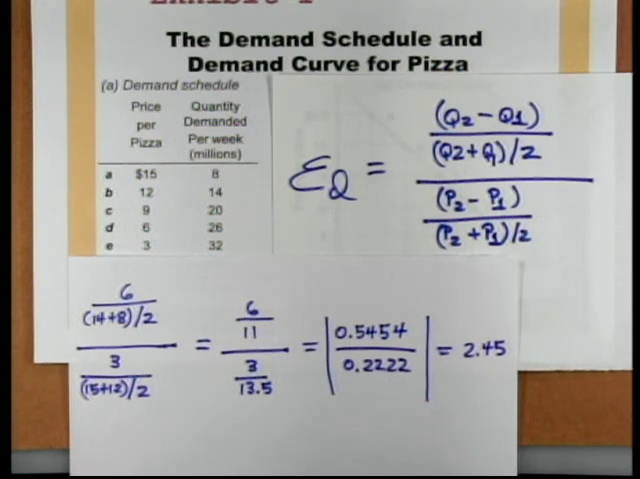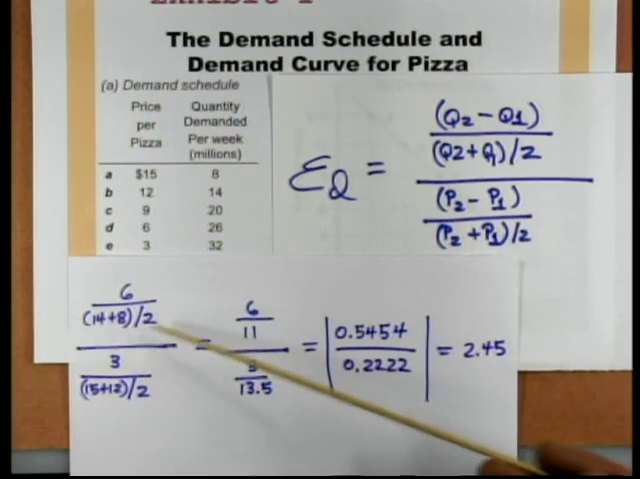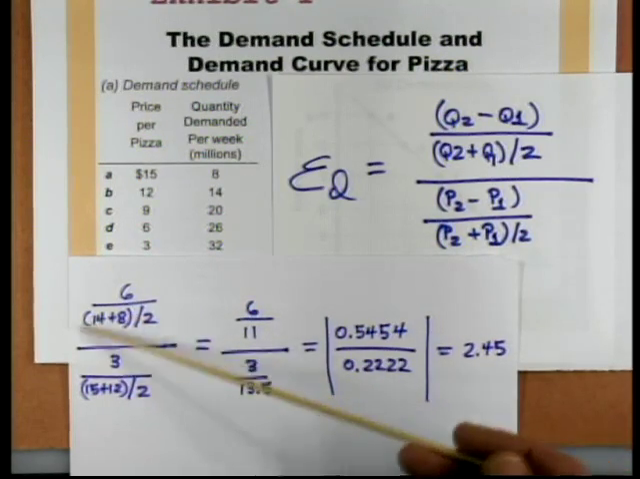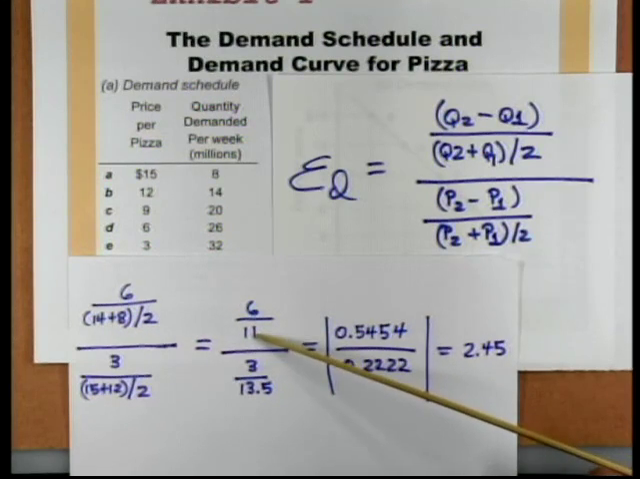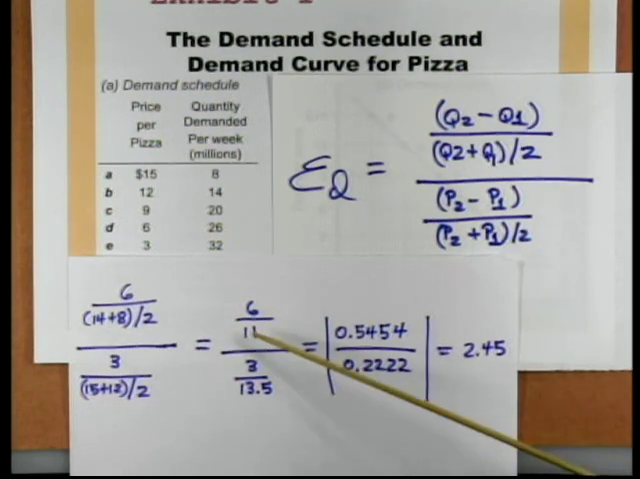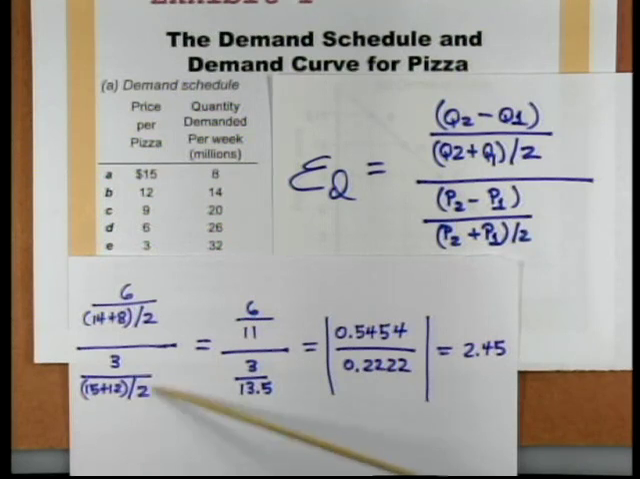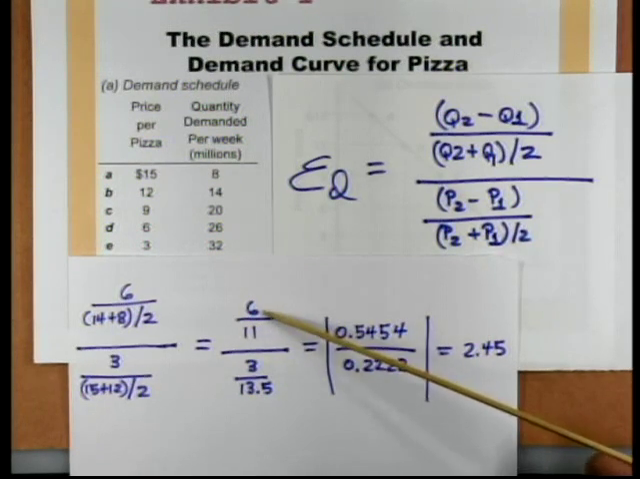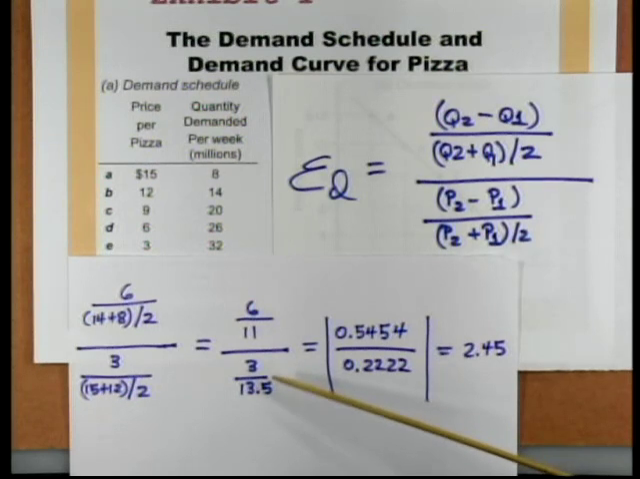Now it's just a matter of arithmetic. So we divide this portion. I've done it in 2 steps for you. You calculate this number, and that gives you the 11. So the average of these two is 11. You calculate this, and that's an average of 13.5. So numerator is going to be 6/11. Denominator is 3